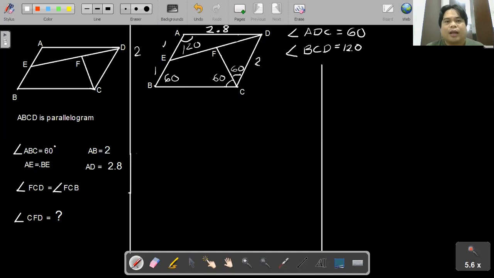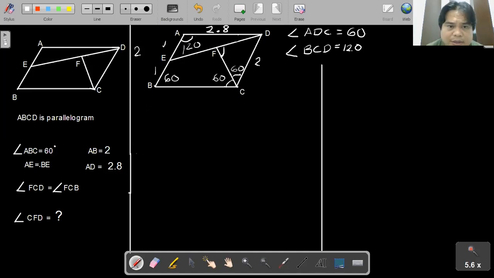So how do we solve this problem? Because we are actually being asked of this angle CFD. Now for me, all I need to do actually is just to solve for angle FDC. Why? Because once I already have the angle measurement of angle FDC, then I can already employ the definition of a triangle, which states that the sum of all the angles of a triangle must equal 180. Would you agree? But for us to solve for this, we got to go through a somewhat lengthy process. So first, let me solve for this line